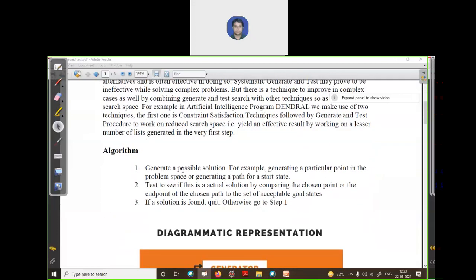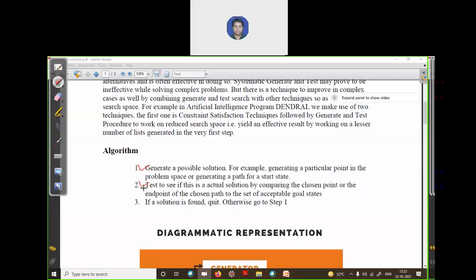This algorithm has only three lines. First, generate a possible solution, for example, generating a particular point in the problem space, or generating a path from the start state. Then test the solution: test to see if this is an actual solution by comparing the chosen point, or the end point of the chosen path, to an acceptable goal state.